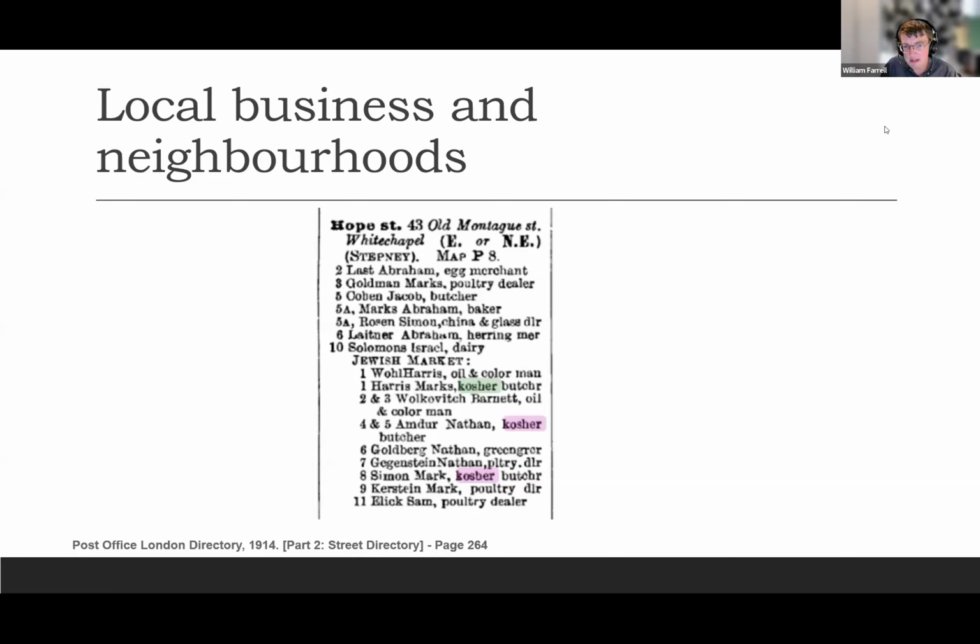but you also get public buildings. They also started later recording where the letterboxes were, the pillar boxes, where train stations were within the street, where a telegram office was, etc. So a sense of what someone was like. The street directory listings can be quite good for that, as well as the business directory listings.